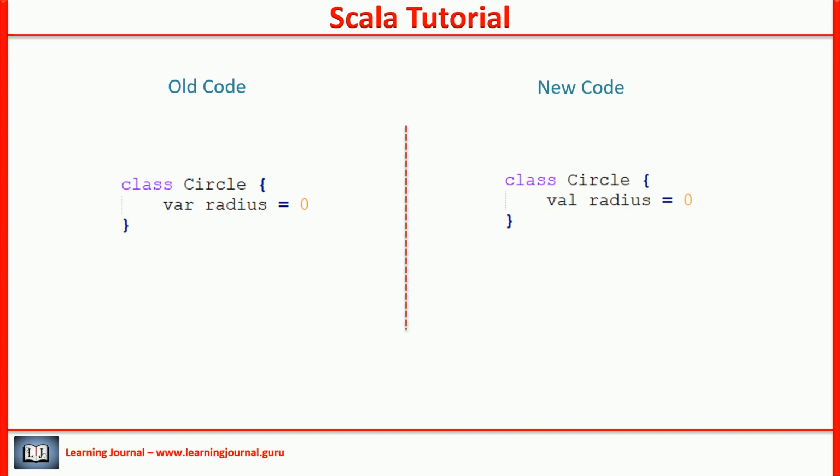Let me ask you another simple question. When I need a reader and a writer both, I create a var field. When I need a reader only and don't want the writer, I create a val field. What if I don't need any one of those? Neither a reader nor a writer. How to do that? Well, the answer is simple. Use a private val and do not implement public methods to access it. Great. That's all about fields and methods in Scala class.